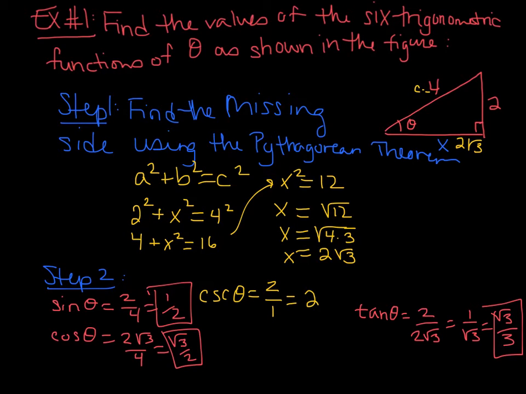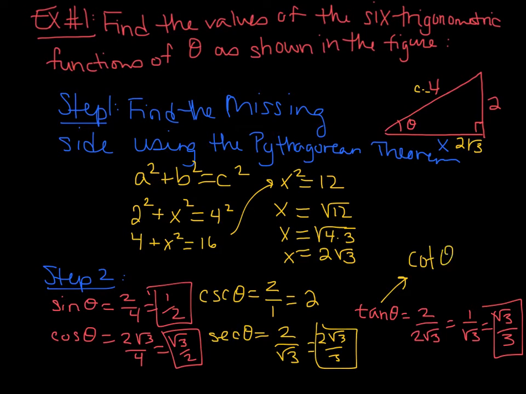For the cosine, I got the square root of 3 over 2. For the secant, I'm going to find the reciprocal of that. I do need to go further, and I get 2 radical 3 over 3. And then the last one, for my tangent,